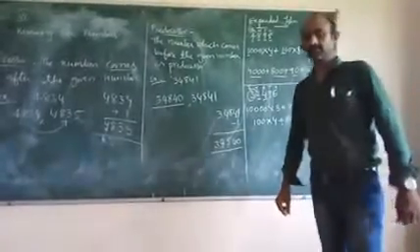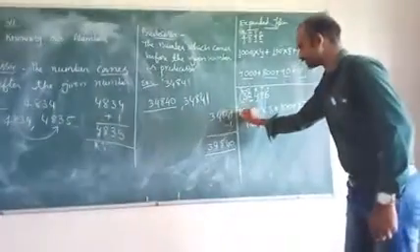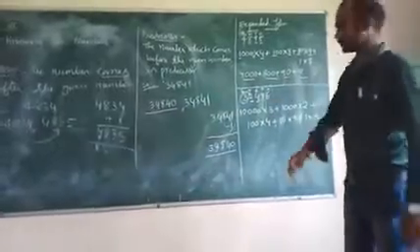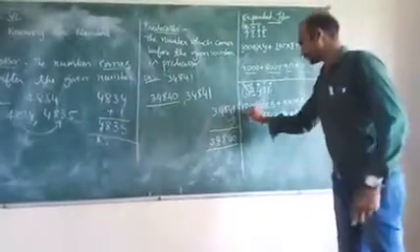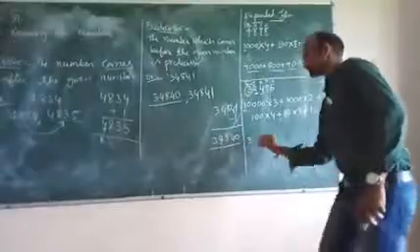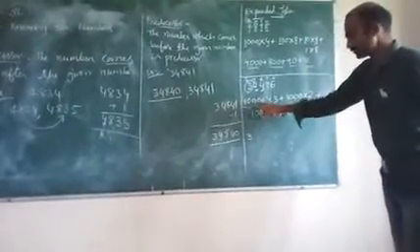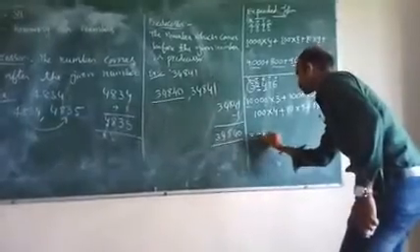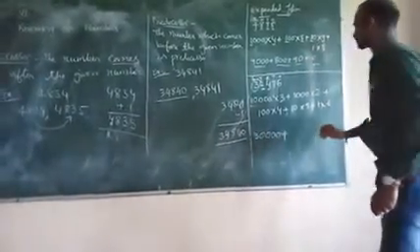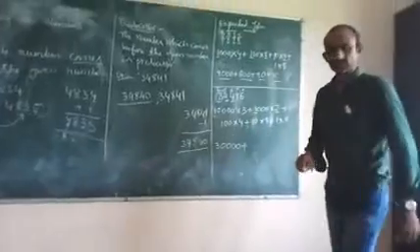How many ones are there? Ones are 6. So you can again do it with the 10,000 table. Directly you do it: 1 times 3 is 3, 1 times 3 is 3. And how many zeros are there? 1, 2, 3, 4. There are 4 zeros. And 1 into 2 is 2.